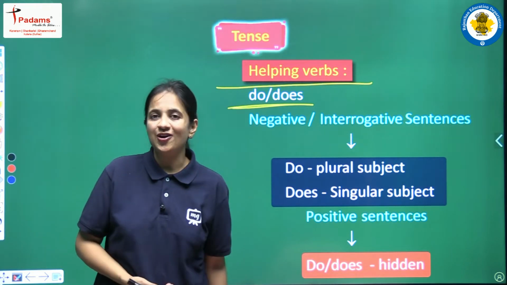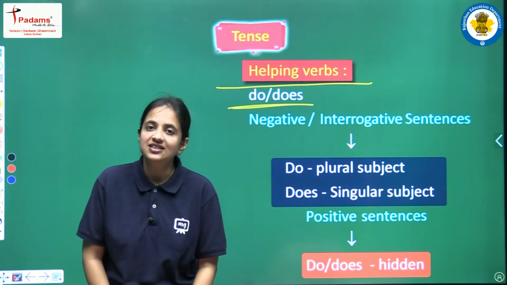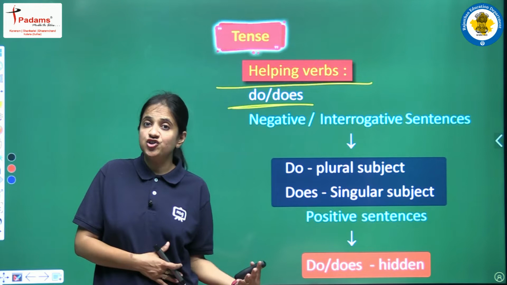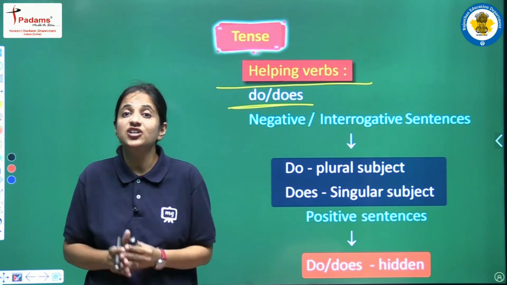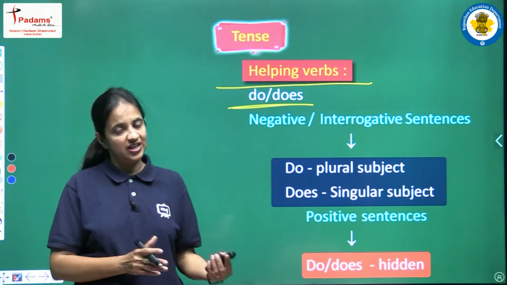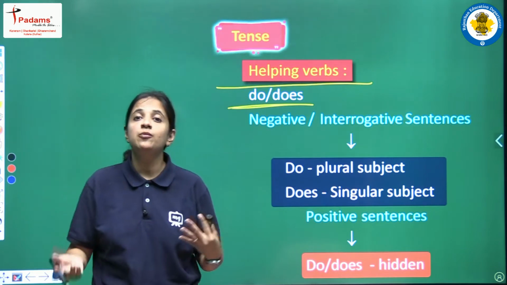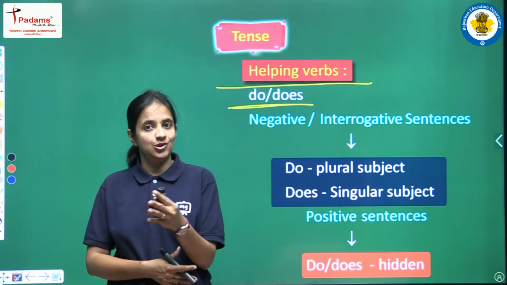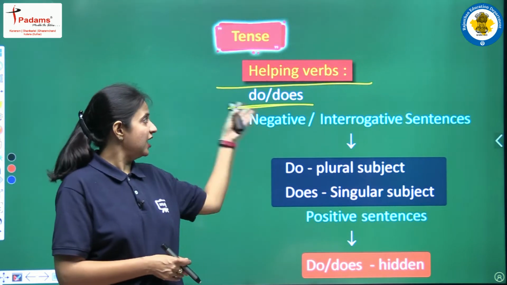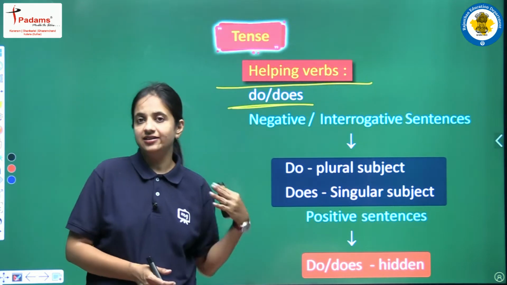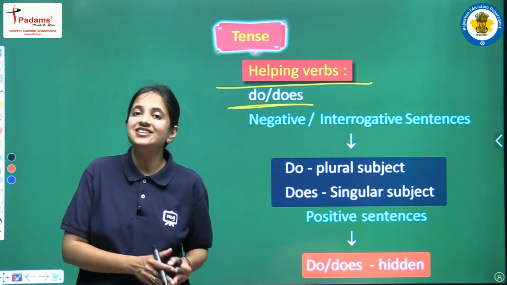So I am very sure that you all are aware of the subject. What is a subject? In all these sentences we have some action, right? And the doer of that action is known as the subject of that sentence. Okay, so the doer, it means who is doing the action, the verb, who is the doer, that doer is known as the subject. So these two helping verbs, do and does, are used for different kinds of subjects. So what are these things?